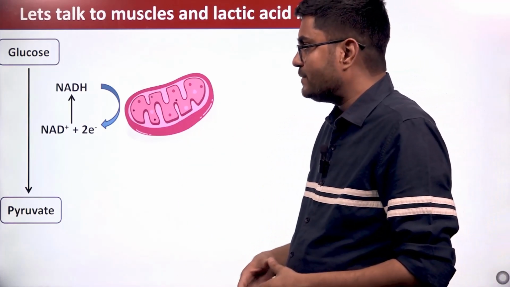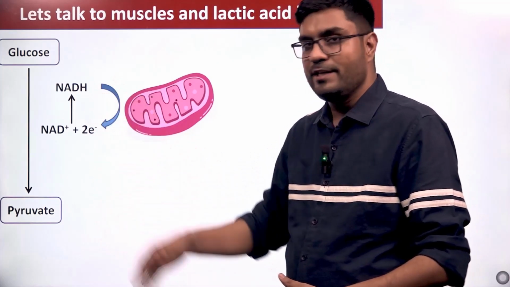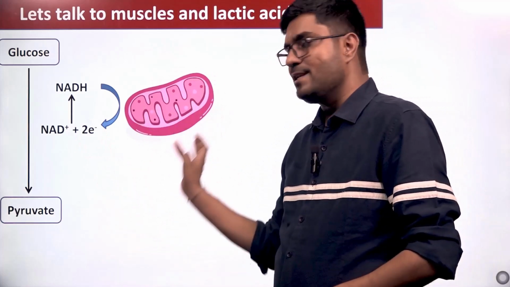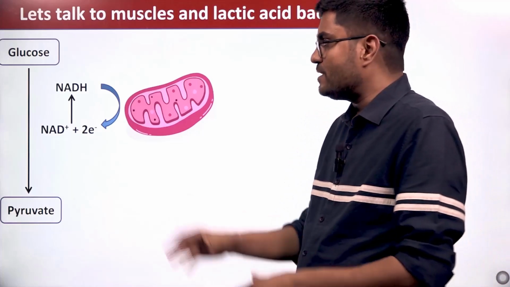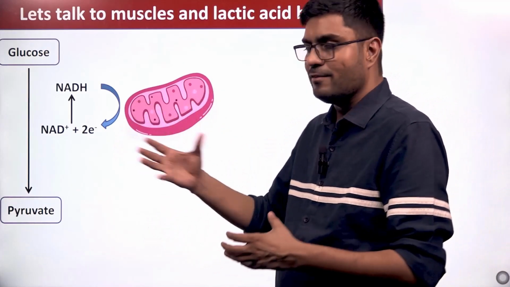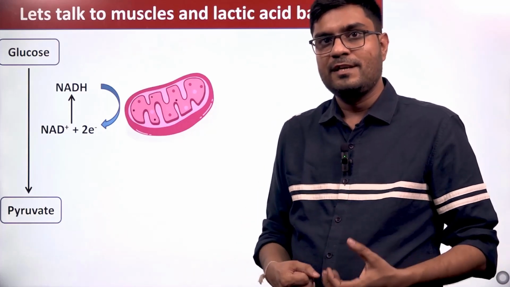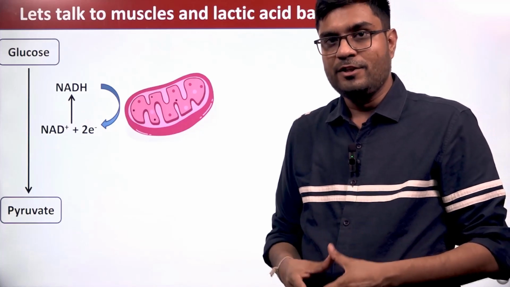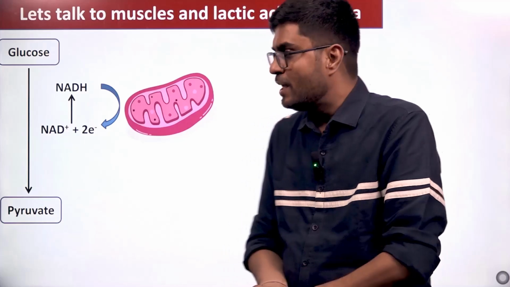So what will happen? NAD plus, which is present in the cells, will convert into NADH, but its supply will be stopped because this recycling center is not working. Now if the supply is stopped, the system has to prevent the slowdown of glycolysis. The system has to run the glycolysis smoothly because exercise is going on and energy is continuously required. So the system has found or evolved a very interesting method where they will